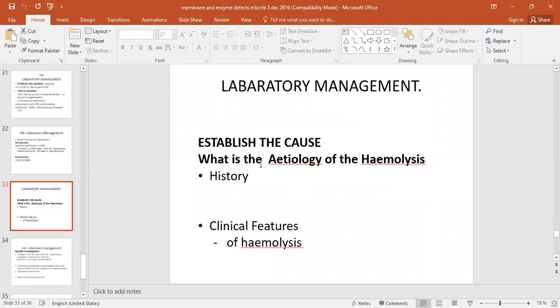You also may want to look at laboratory aspects to establish the cause. What is the etiology of the hemolysis? This forces you to look at the history. Supposing a patient told you they travelled, may have been exposed to malaria, and took antimalarials, and when they took antimalarials, this is what transpired. While you may think the hemolysis is associated with malaria, it may potentially be the antimalarials that are causing hemolysis. And then, of course, the clinical features of hemolysis would be evident, and that would help you establish the